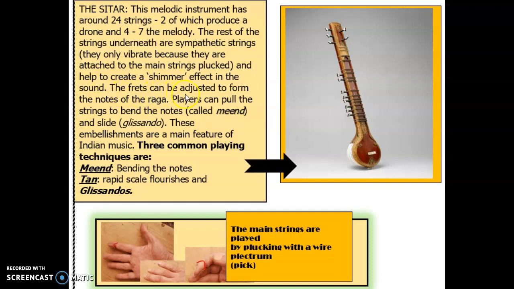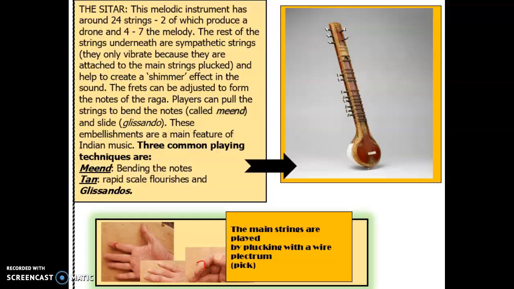The frets can be adjusted to form the notes of the raga. Players can pull the strings to bend the notes. That's meend. And they can also slide notes, glissando. These embellishments are a main feature of Indian music. I've got 3 common playing techniques, and I've got the meend, where I bend the notes. Tan is rapid scale flourishes, and I have glissandos. And there you can see that the main strings are played by plucking with a wire plectrum, the pick that